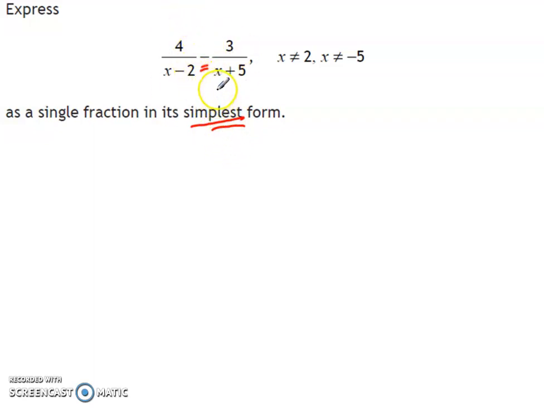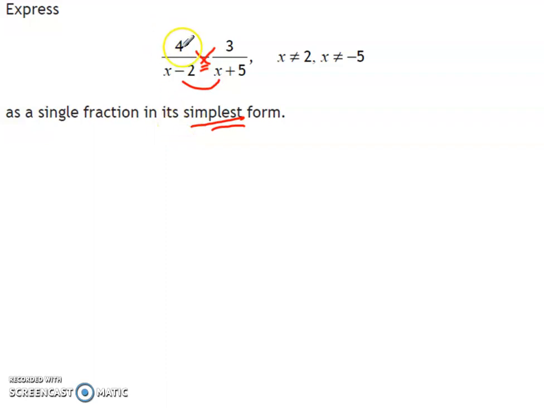Now remember, when we're talking about adding or subtracting fractions, if we had just two generic numerical fractions, a half plus a third, or a half minus a third, we would use the kiss and the smile, get them together, and then get it the same way. Now this one, we do the exact same technique. We do a kiss and a smile to put them over a common denominator,